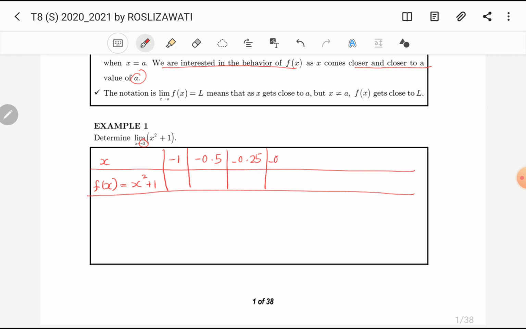Next, negative 0.001 and approaches 0. But we don't want to know what is the value of f(x) when x equals 0. Tak nak tahu pun. So kita nak tengok yang dekat-dekat dengan dia je. Then 0.001 for the positive side, 0.25,